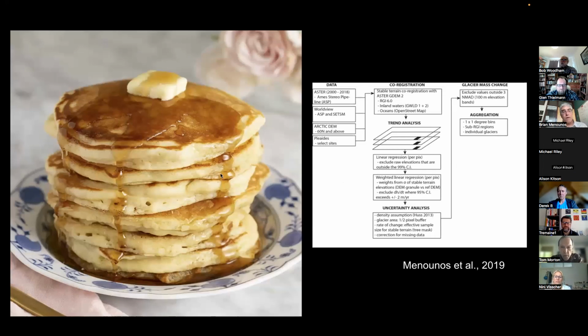And a couple of examples I'm going to give you here, and I'm sorry, maybe this is kind of mean to show Glenn. Most of you are perhaps in the UK and it's now dinner time, so maybe this is kind of mean to show Glenn a stack of pancakes.